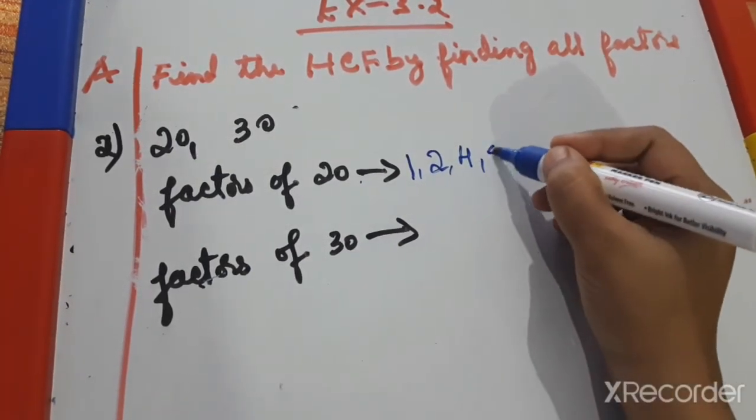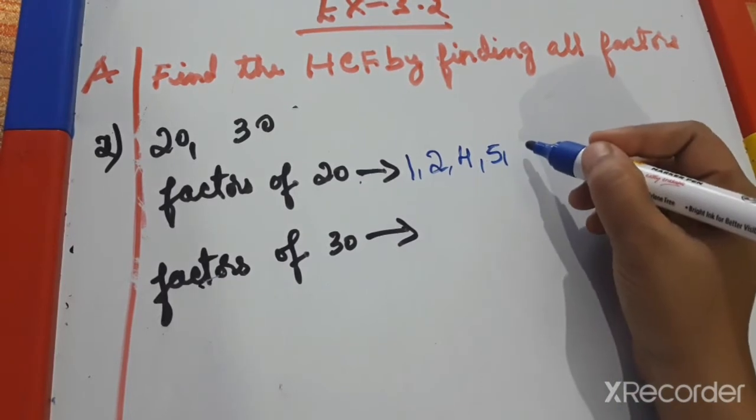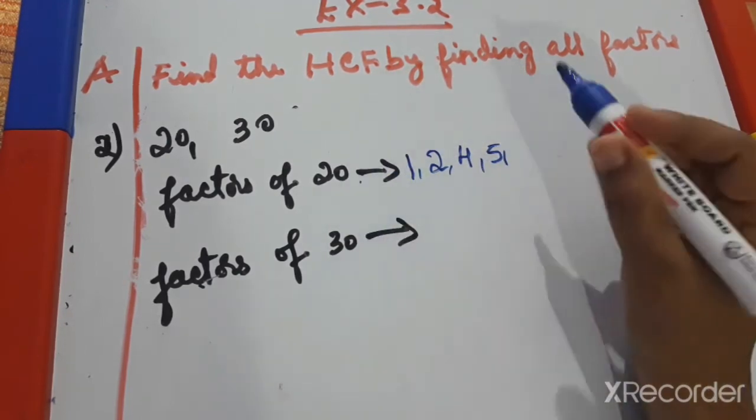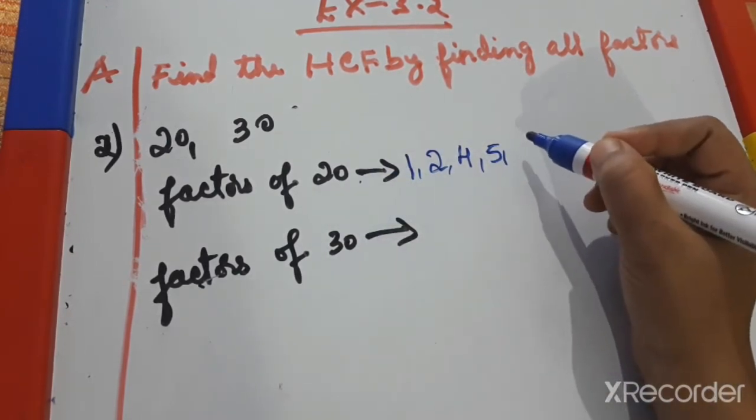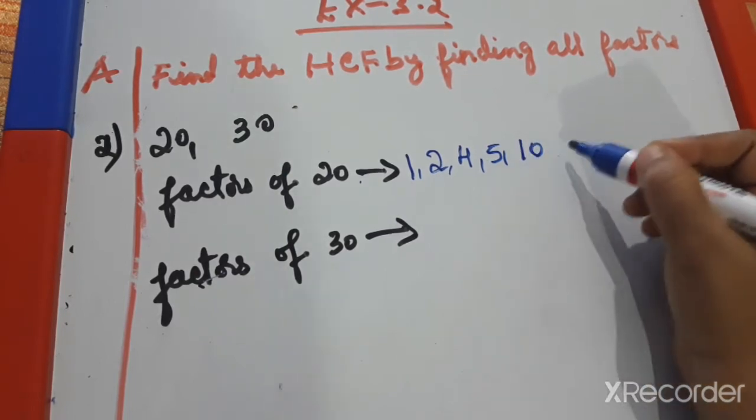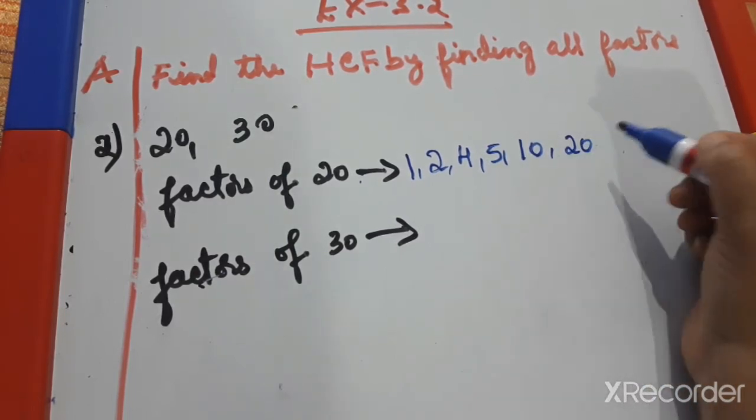5 4s are 20. 6 ones are tables, it will not multiply, and 7 also not, and 8 ones are tables, where do we get 20? No, then 9, no, then 10, yes, 10 twos are 20, then the number itself, 20 ones are 20.